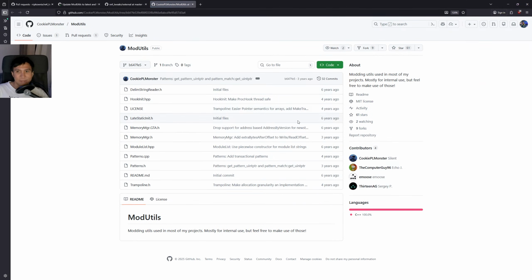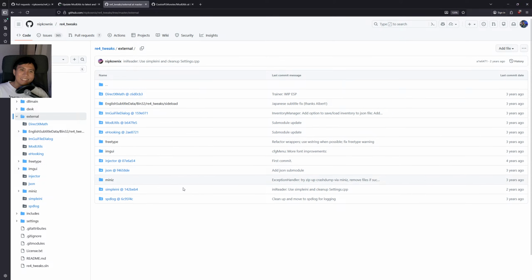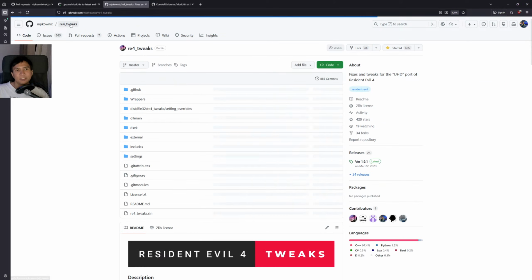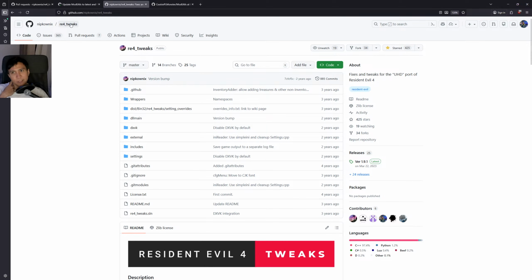This is the tool that the project uses to scan the memory using patterns. And one thing that I found when I tried to compile and run this project was